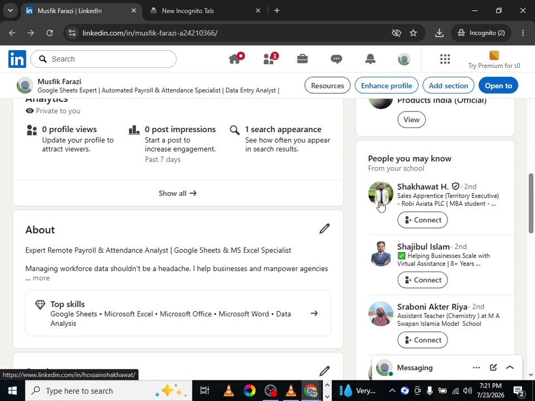A complete profile with accurate details creates a stronger first impression and increases your chances of being noticed by employers. And that's it. You now